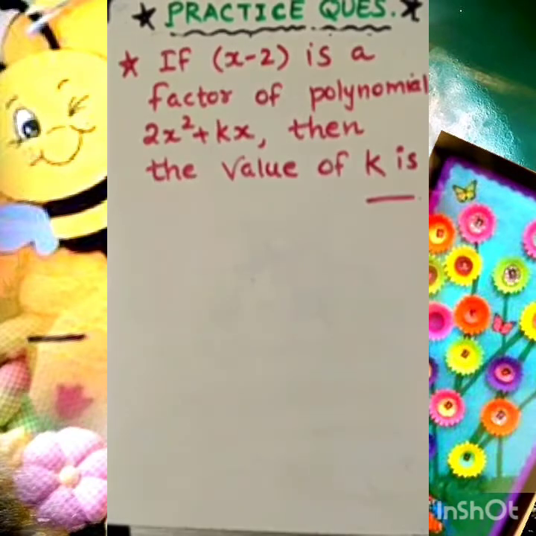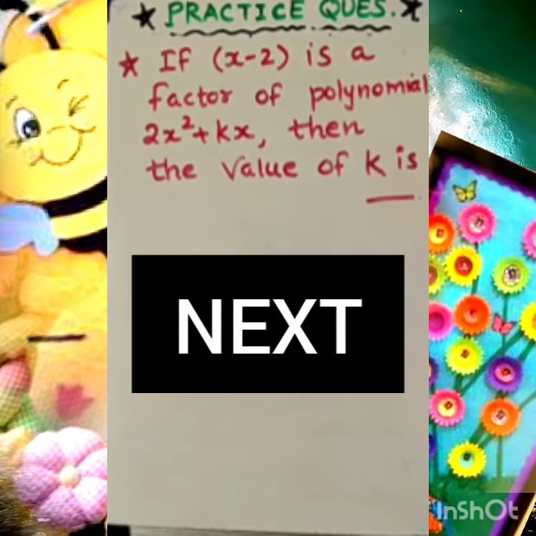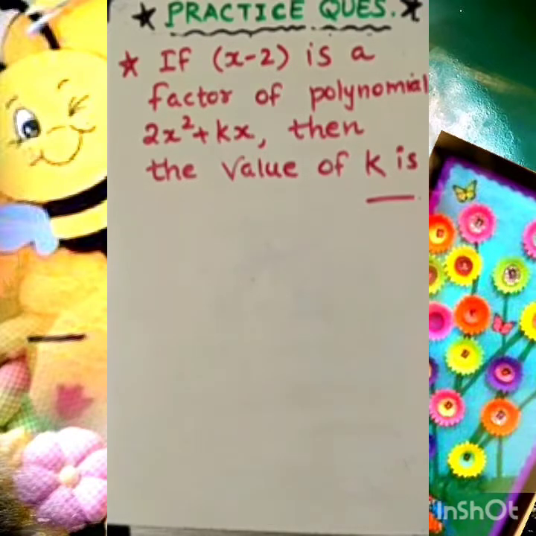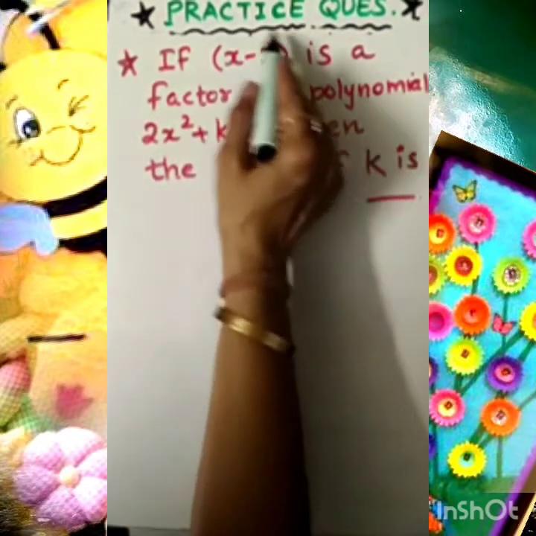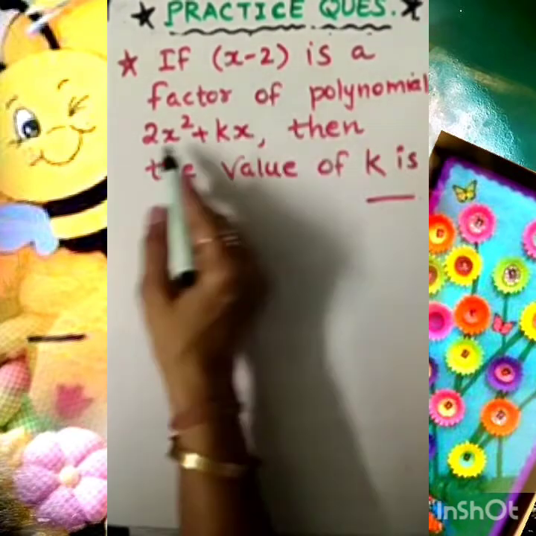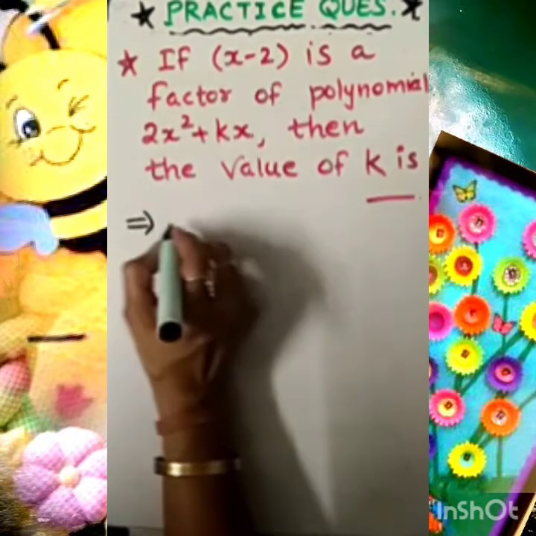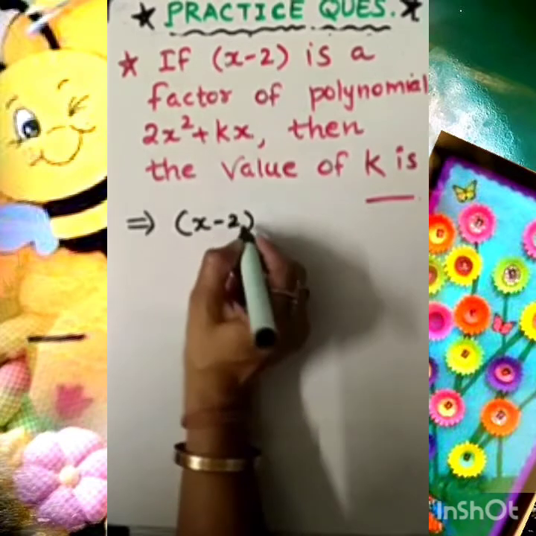So one more question, it's in front of your screen. I'm reading the question for you. If x minus 2 is a factor of polynomial 2x square plus kx, then the value of k is dash. Fine. So my dear student, here you can see this x minus 2 is a factor of the polynomial already given. Whenever x minus 2 is a factor,